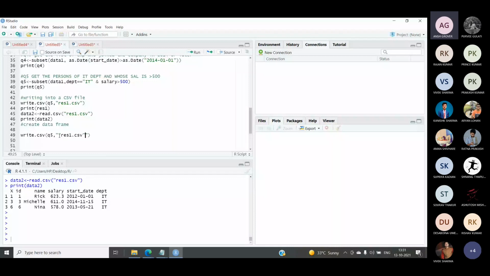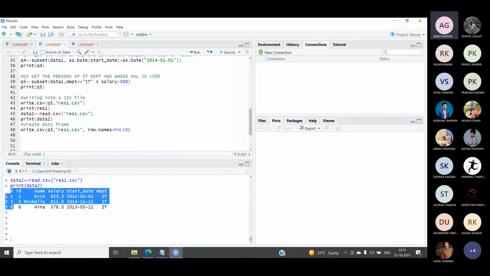Here. And in addition to this, I will specify an additional parameter, row.names equal to false. Now, when I have used this additional parameter, row.names equal to false, it will remove this additional X column which is acting as the names of the rows.